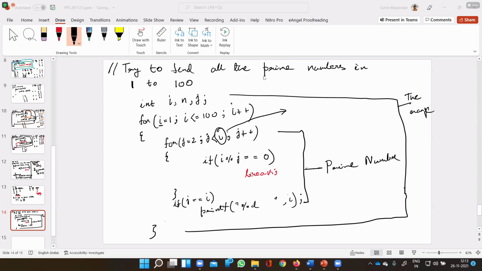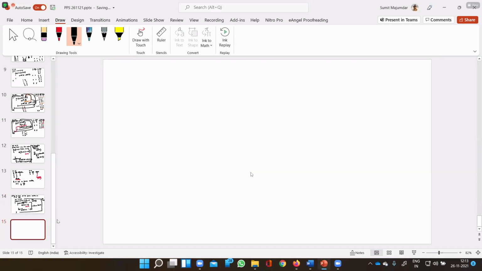It can be reduced if we use I by 2 as the maximum value, or it can be reduced even more if you use sqrt I. So instead of writing I, if you use sqrt I, it will reduce the number of inner loop iterations. And obviously, as the number of iterations reduces, the time taken will also be reduced. I will give you an example.